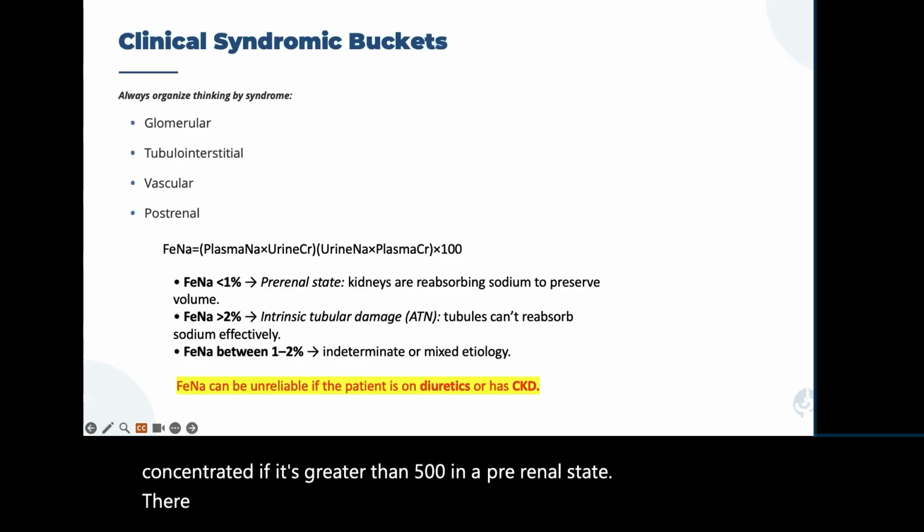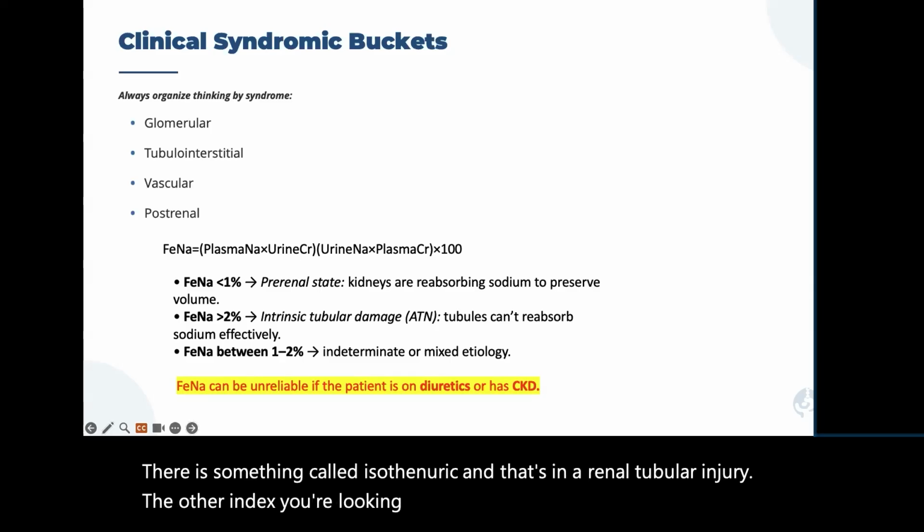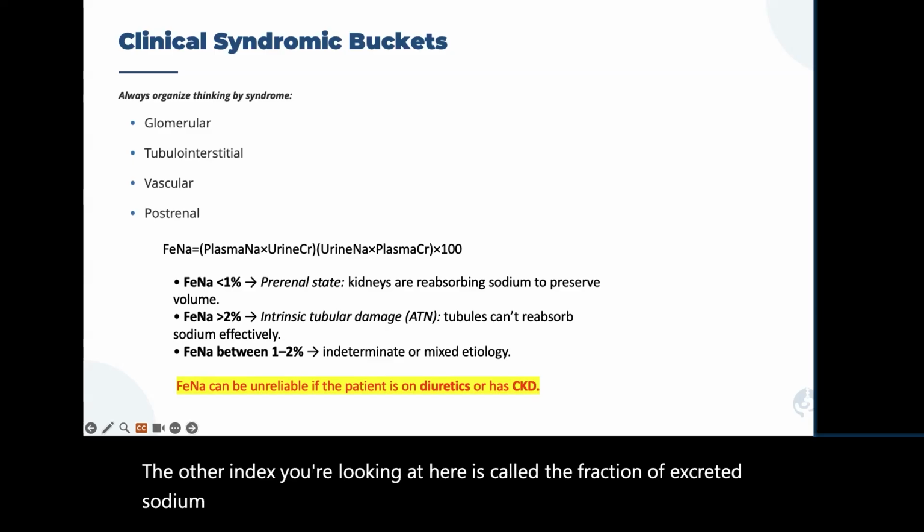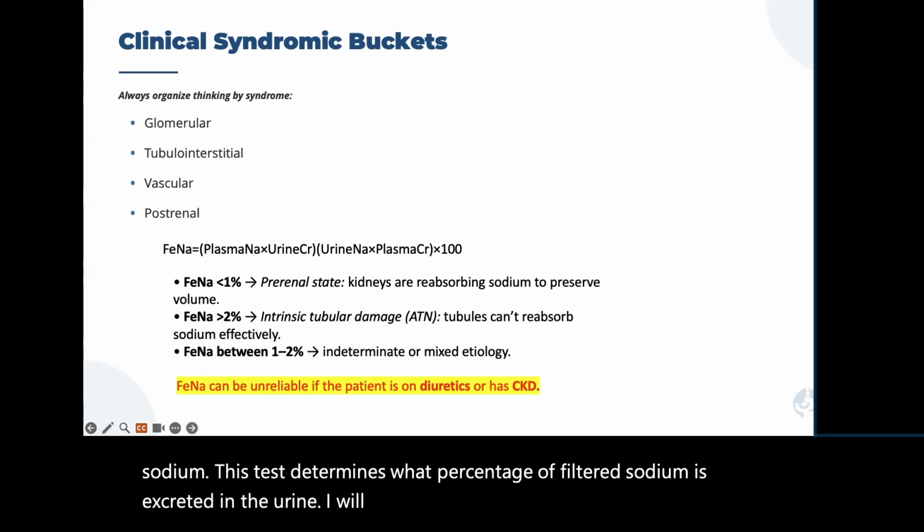There is something called isosthenuria, and that's in a renal tubular injury. The other index you're looking at here is called the fraction of excreted sodium. This test determines what percentage of filtered sodium is excreted in the urine. I will not ask you to calculate this on a test, but I will ask you to tell me what